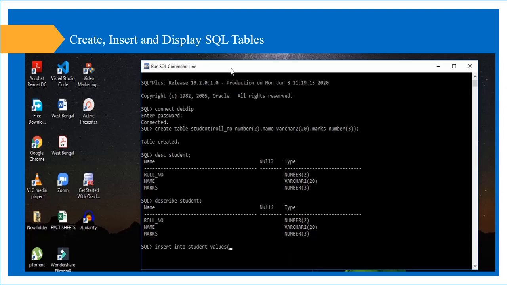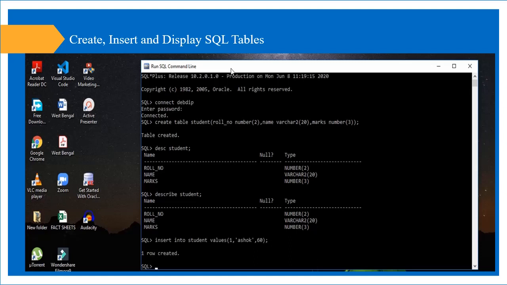First you have to enter the roll number, so it is a numeric digit, so you can write 1 as just the value. Then for the name, it is a character data type, so you have to write it in single quotes, suppose Ashok is the name, then close the single quote, then comma, then marks, suppose 60, then close the bracket, semicolon, then press enter.